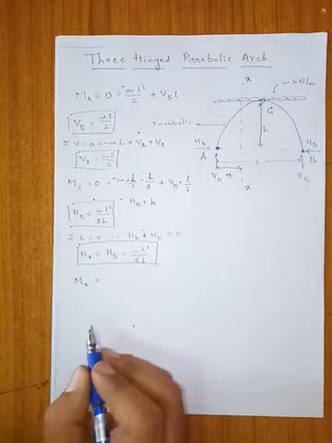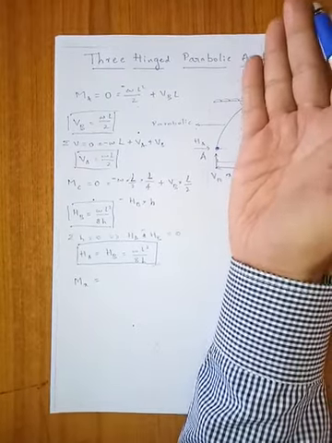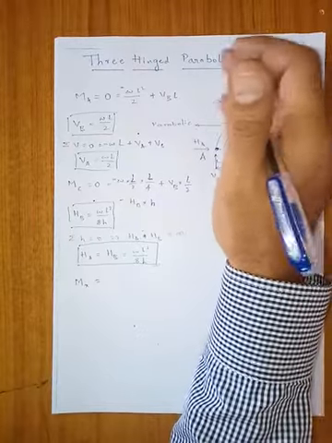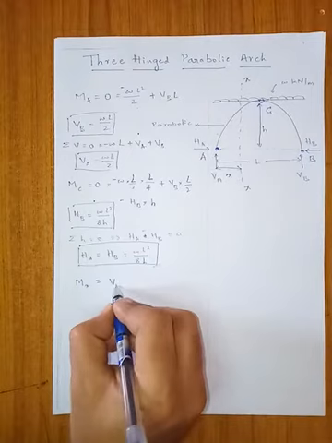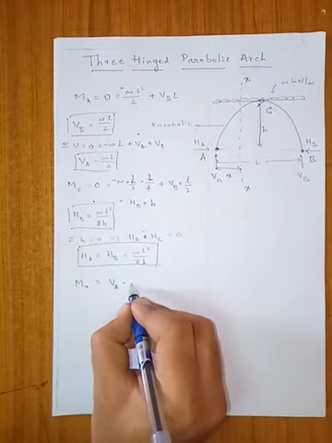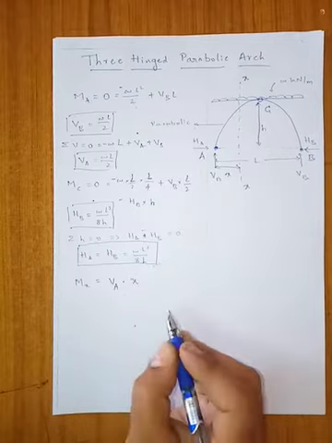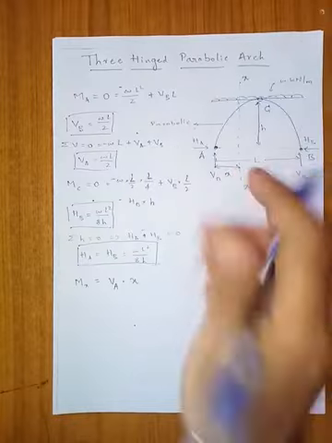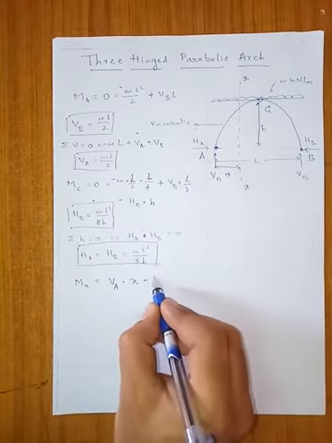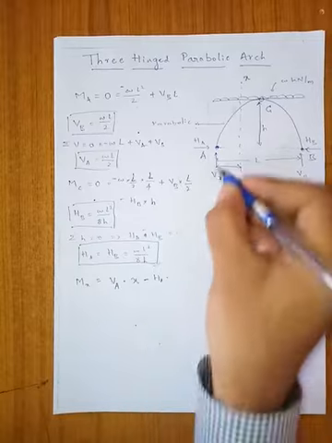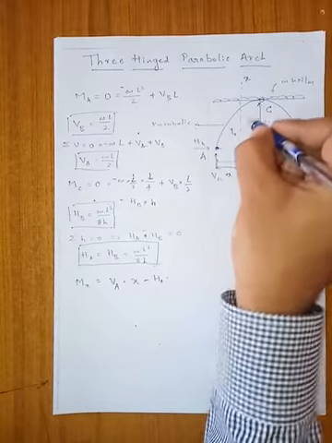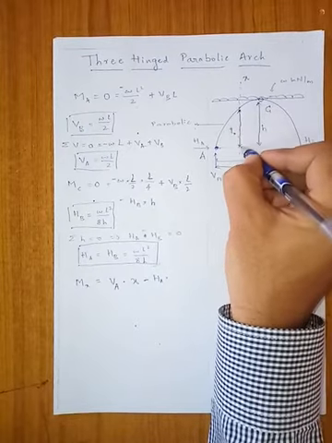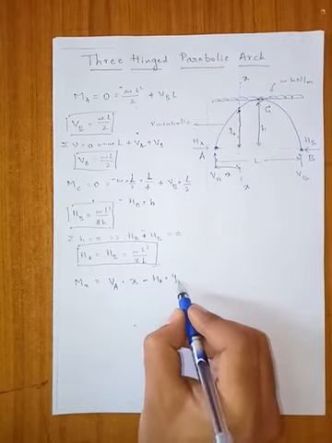What are all the forces causing the moment in this section? First one, VA. VA is going upward or clockwise, positive. VA, what is the distance? Perpendicular distance is x. What are the other support reactions? HA, since this is trying to turn this anti-clockwise, this is negative, minus HA into the perpendicular or vertical distance, which I'll call y of x. So HA into y of x.